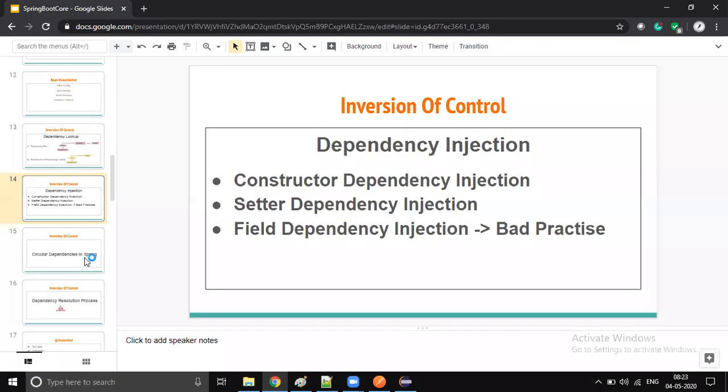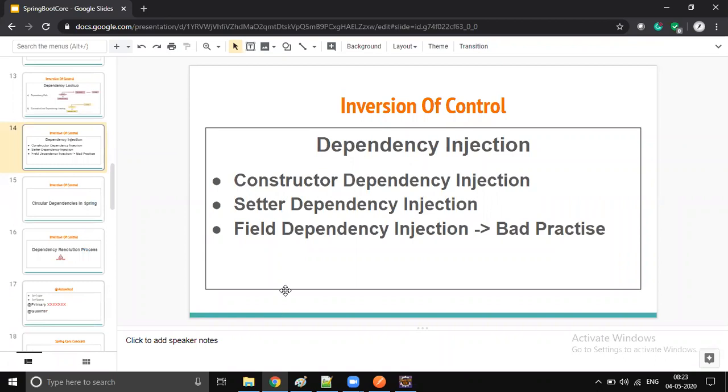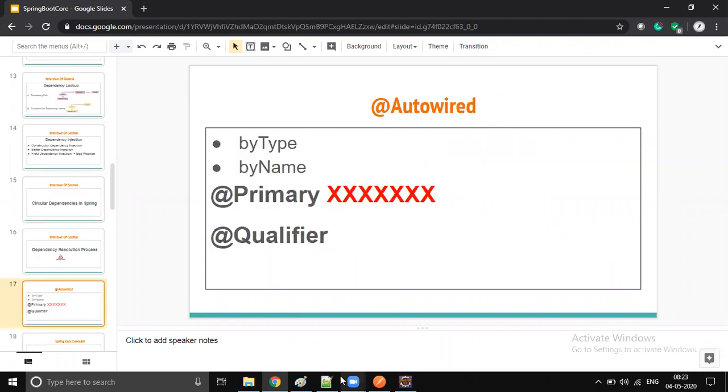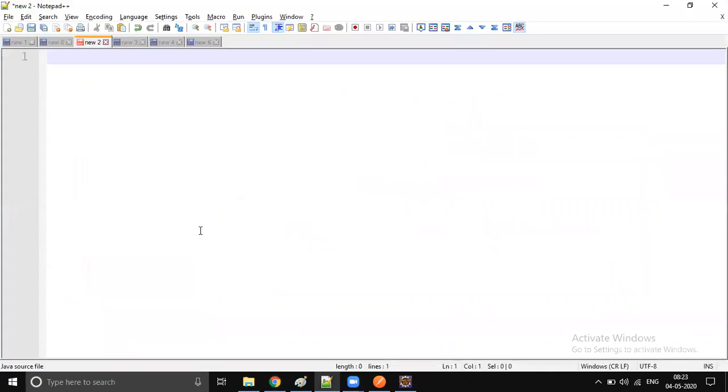We are talking about autowire, one of the important features of Spring Core. By default, autowire works by type. So how exactly does autowire work by default? It works by type,